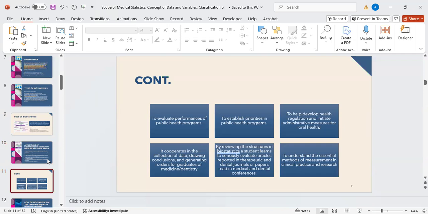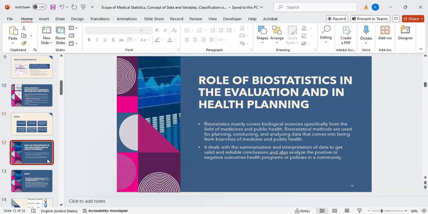It cooperates in the collection of data, drawing conclusions, and generating orders for graduates of medicine and dentistry. By reviewing the structures in biostatistics, a student learns to seriously evaluate articles reported in therapeutic and dental journals or papers read in medical and dental conferences, and to understand the essential methods of measurement in clinical practice and research. Role of biostatistics in the evaluation and in the